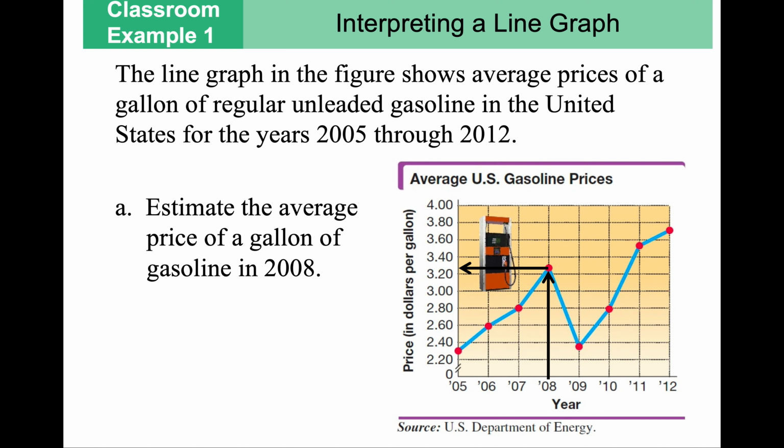However, I can estimate points utilizing the coordinate plane, just like if I was in a linear graph. So if I want to look at 2008, the gasoline prices would be between $3.20 and $3.40, so maybe closer to, I don't know, $3.28